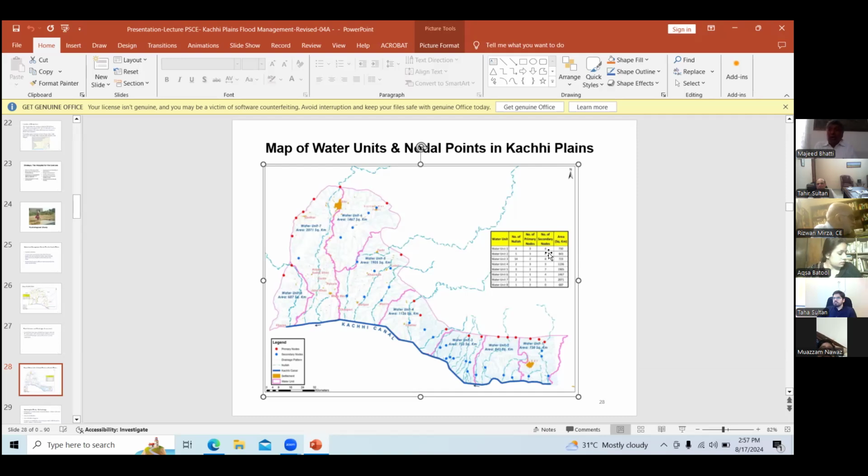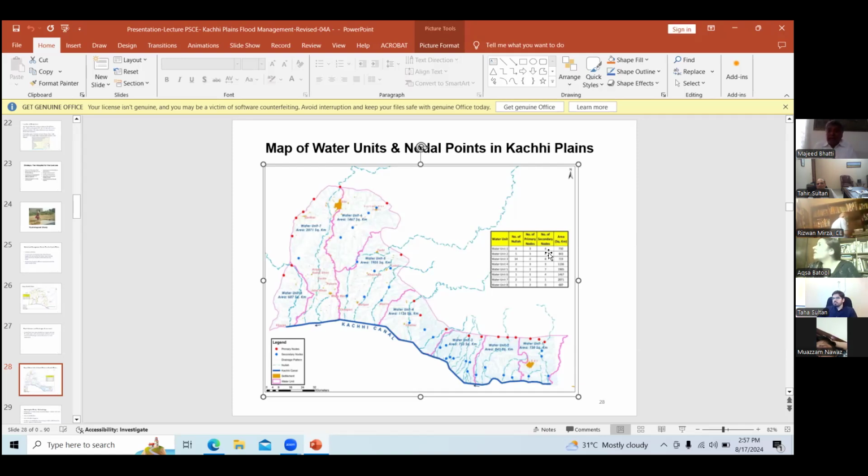So they adopted this methodology to work out the discharges of all the significant hill torrents, so that we can reach some figure that this much water is available.